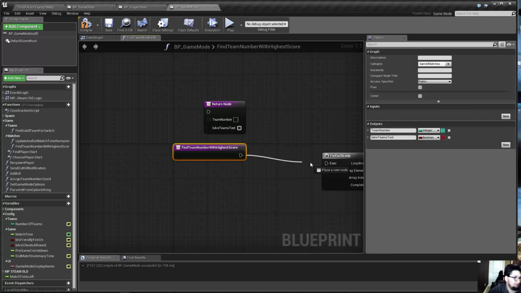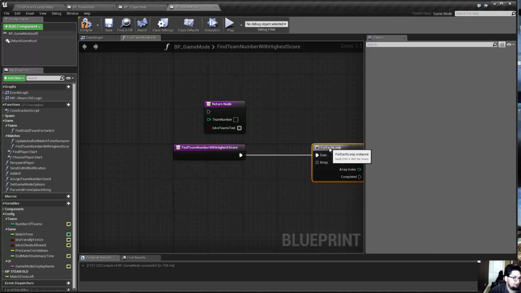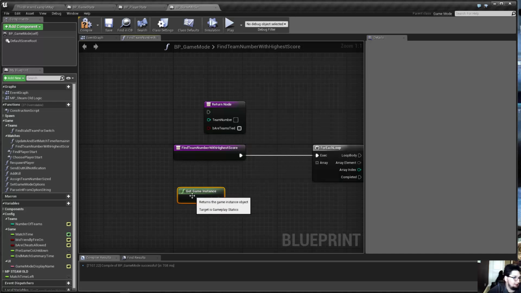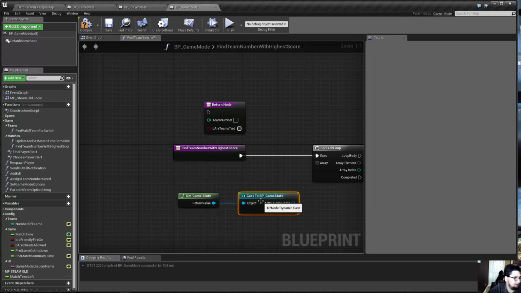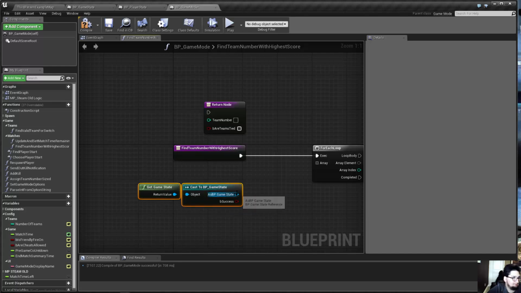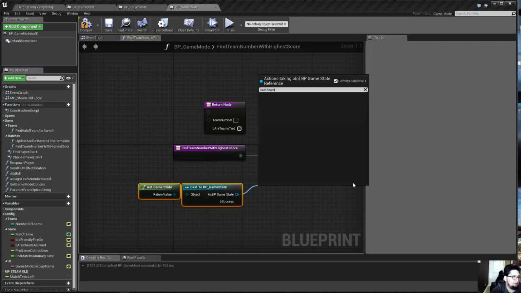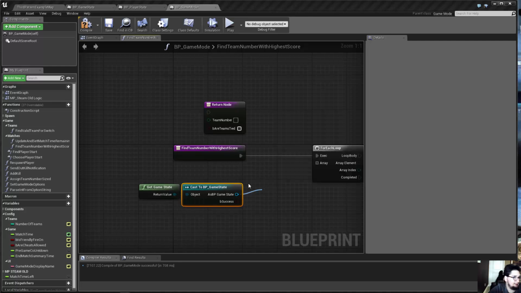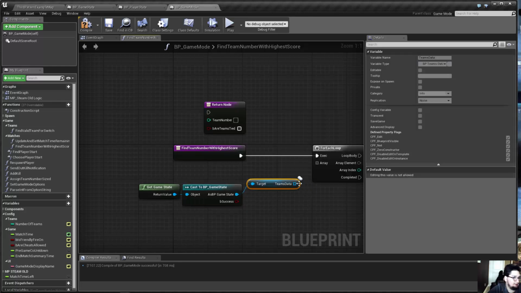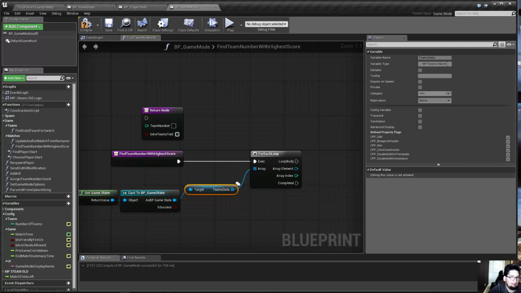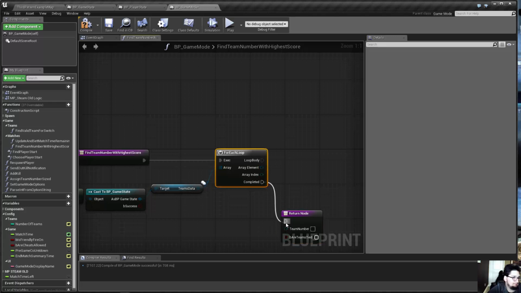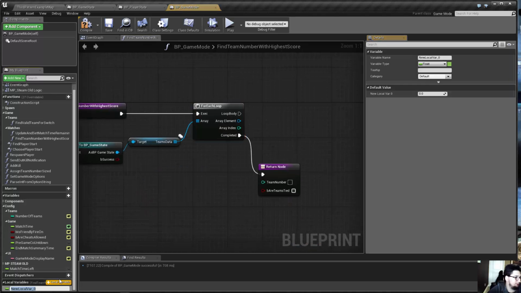So we want to do a for each loop. For each loop on get game state, not game instance, get game state, cast to game state, convert to peer cast, get our team data, cast team data, get teams data, which is replicated, and that's our array. And then what we want to do, well, once we're completed, we're going to return, and we're going to need